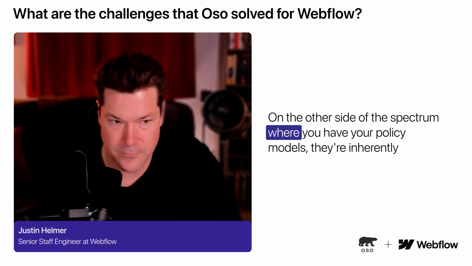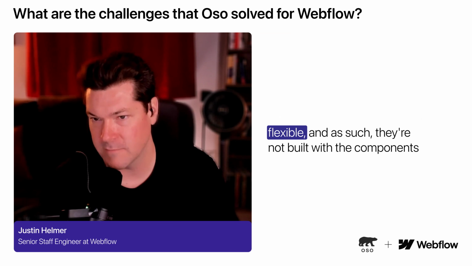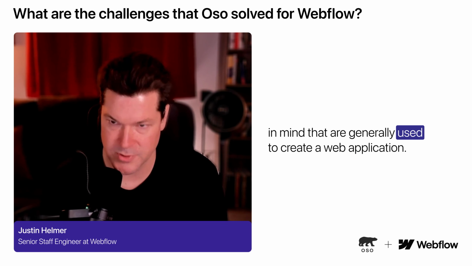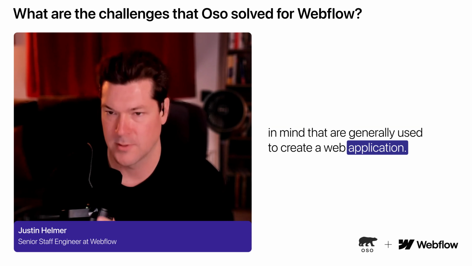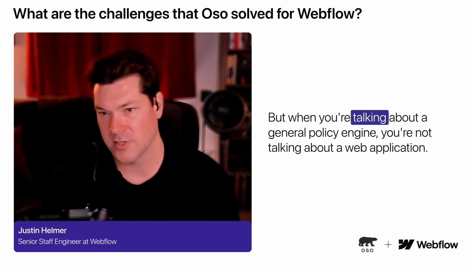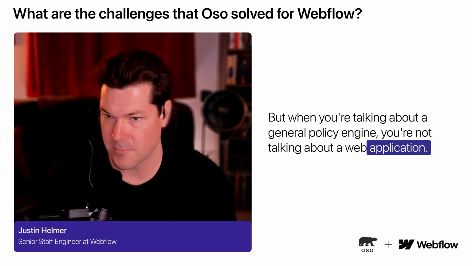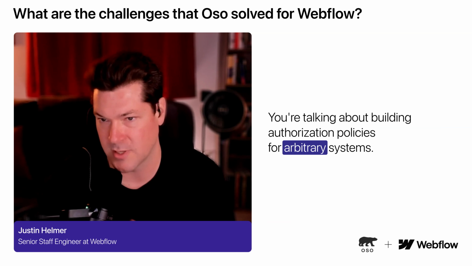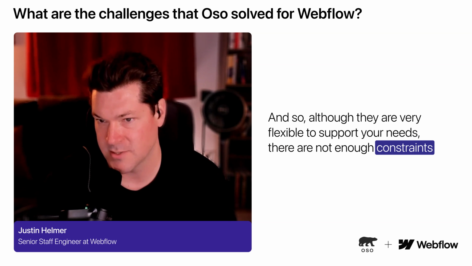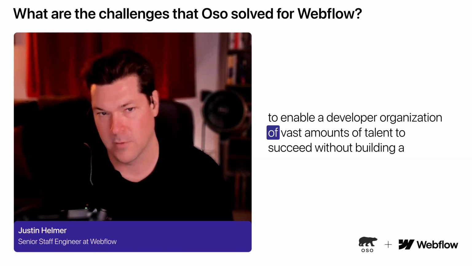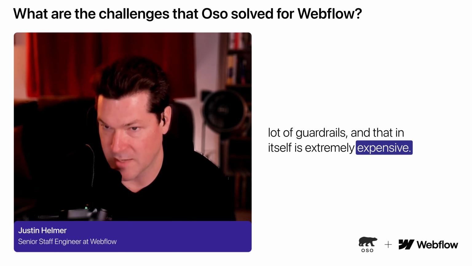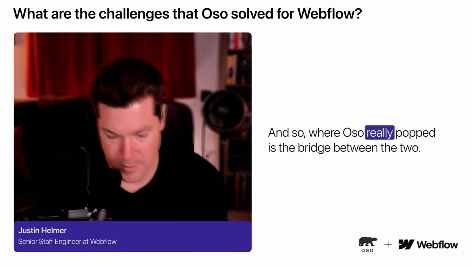On the other side of the spectrum, where you have your policy models, they are inherently flexible. And as such, they are not built with the components in mind that are generally used to create a web application. For example, roles, permissions, resources. These are things for us, we live and breathe. But when you're talking about a general policy engine, you're not talking about a web application. You're talking about building authorization policies for arbitrary systems. And so, although they are very flexible to support your needs, there are not enough constraints to enable a developer organization of vast amounts of talent to succeed without building a lot of guardrails, and that in itself is extremely expensive. And so where Oso really popped is